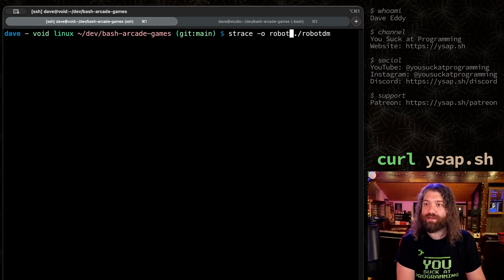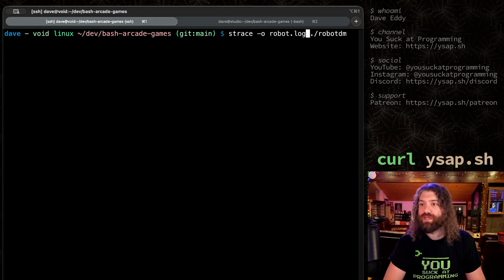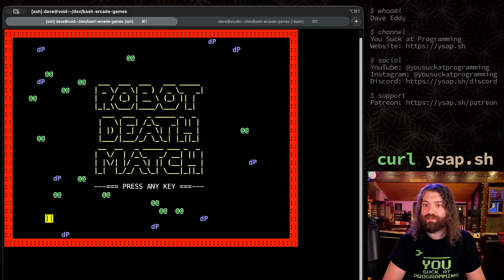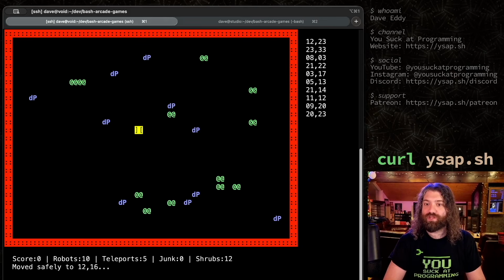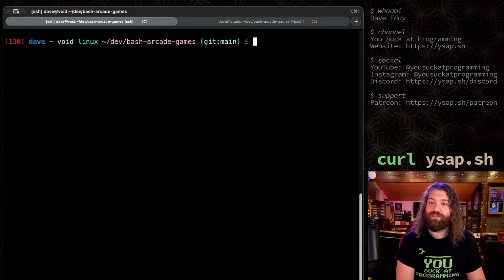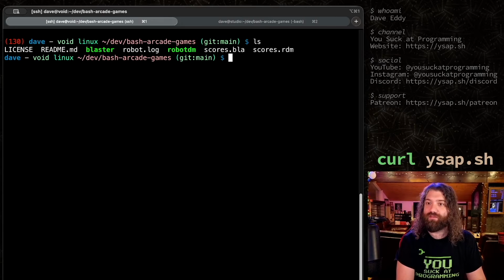-o robot.log. There we go. So if we run this, we can play our game now unimpeded. So I can go ahead and press some keys. I can draw in, I can do all this stuff. It's slower. It's noticeably slower, and that's okay. We're tracing the function. If I Control C this, now we'll have a file here,